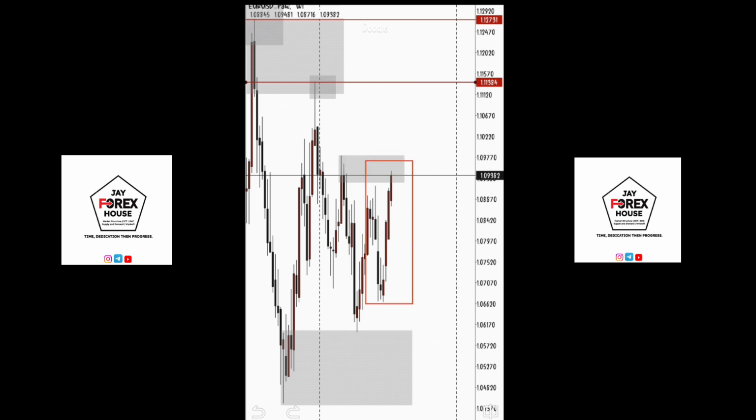So as you can see, the previous week before that, the price action wasn't also very nice. So we can say this imbalance which is currently being caused around this area is due to the fundamental influence. All right, and we all know fundamental influences are reasons for price to move in a certain direction. So this could be the influence which price is using to change direction at the moment. So yes, it's possible that the market has gone completely bullish, and if you're looking to trade, it's advisable that you wait for price to clear out this high at the moment, before you could say you're looking for buys,